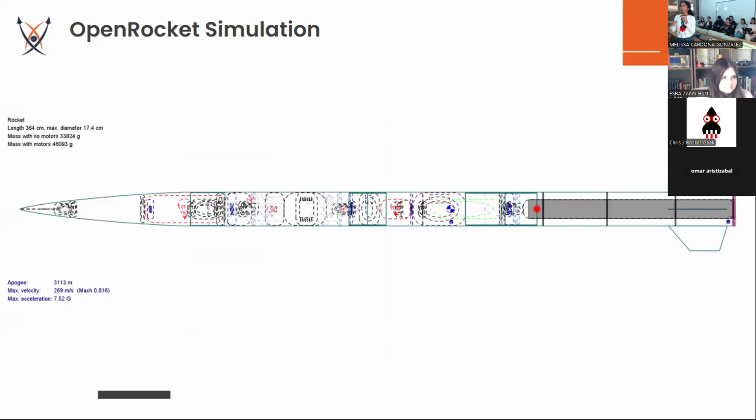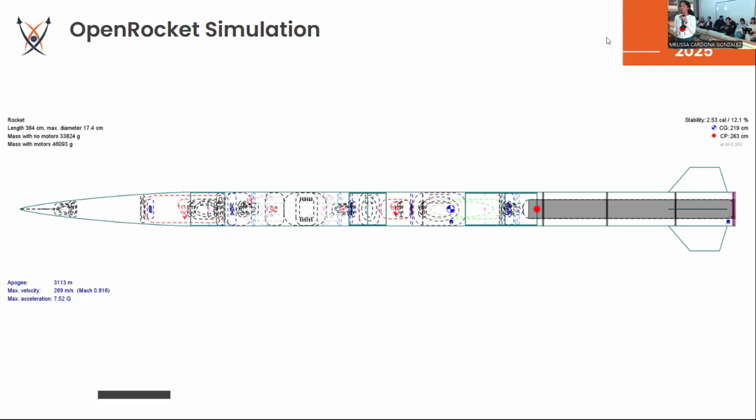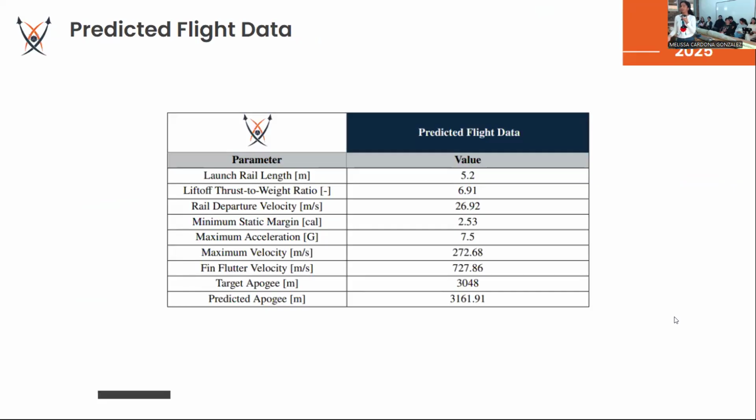This is a basic OpenRocket overview of our design. We have a stability of 2.53, I'm sorry. And an expected apogee of about 3,113 meters and an expected max velocity of 0.81 Mach. We have a thrust to weight ratio at liftoff of 6.91 and a rail departure velocity of 26.92. In general, we did a little bit of analysis using OpenRocket and RocketPy in order to determine